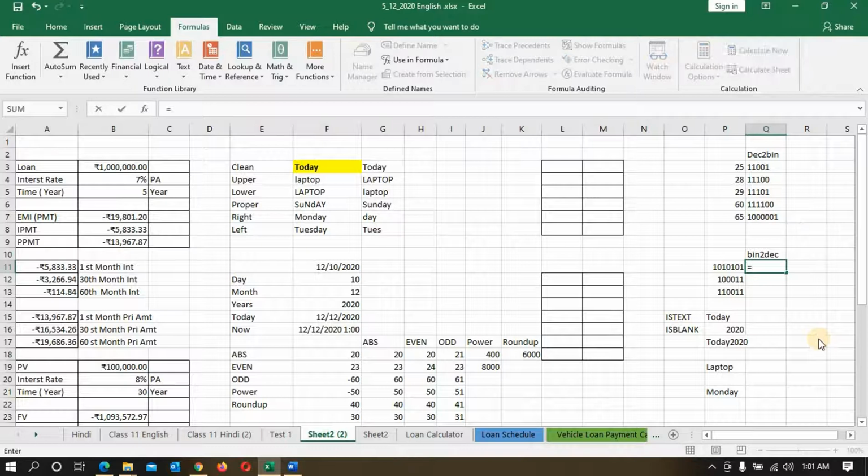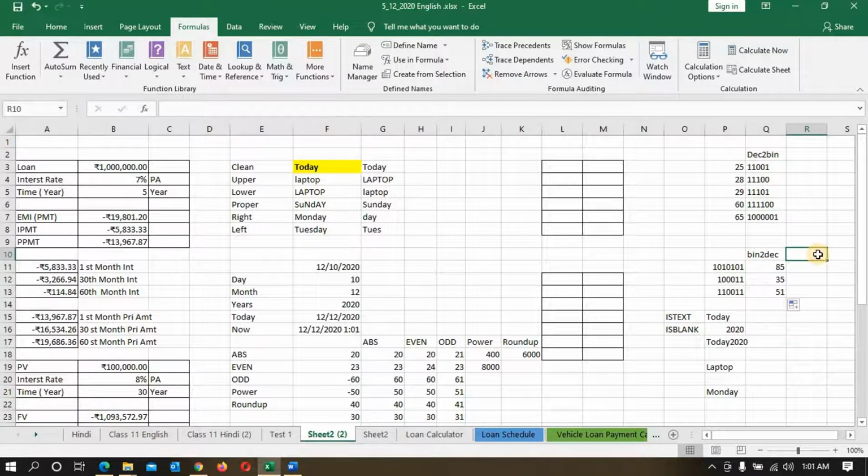So he will put here binary to decimal, bracket this and close the bracket. So it will convert this for us. Okay, so it's easy. Basically you have to understand the concept. As I said many times, the computer is just making our work easy, so we have to use this. How we use it is up to us.